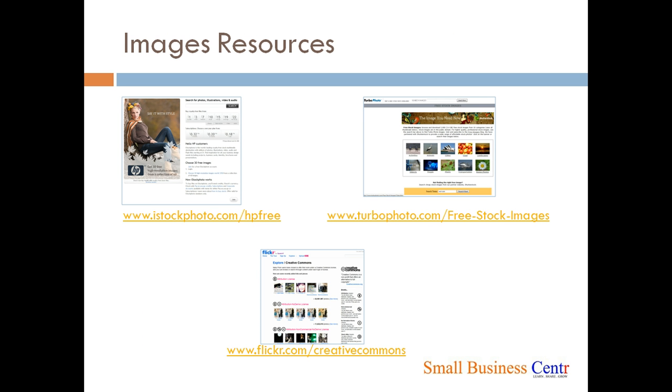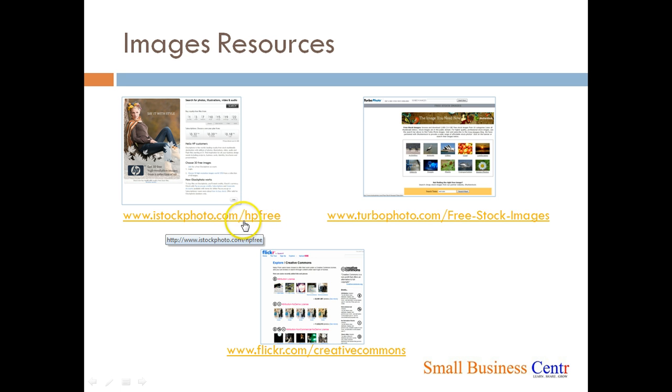Now, once you're building your website, you probably would need some images. If they're your product, obviously you would want to take pictures of your product, but then there will be some generic images that you may want to use, for example, for your header. There are quite a few places where you can get some free images. One of the places I'd suggest is